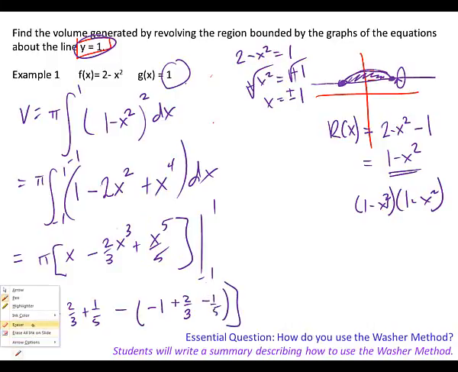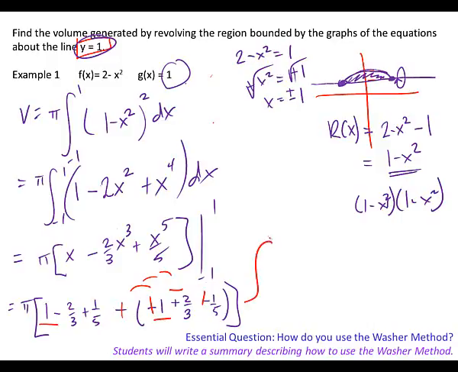What are we going to do with that negative sign? I'm going to do it all in one shot, so I'm going to change all my signs from distributing this. Okay. I'm going to combine my like terms together, then I'll deal with my fractions. So what's 1 plus 1? 2. Minus 4/3